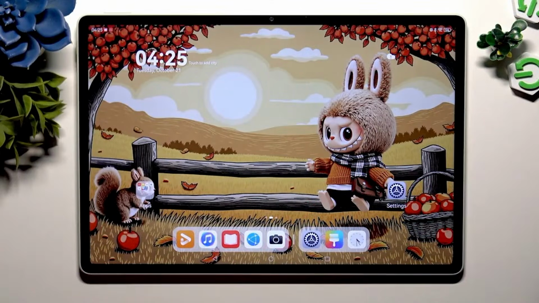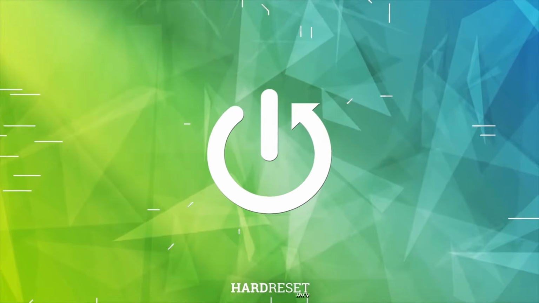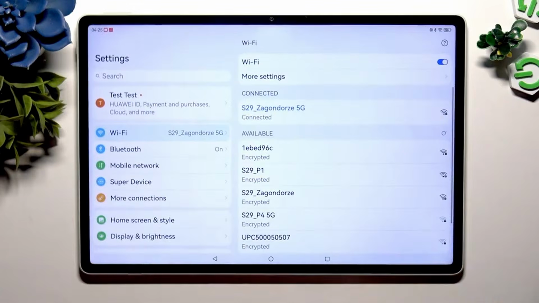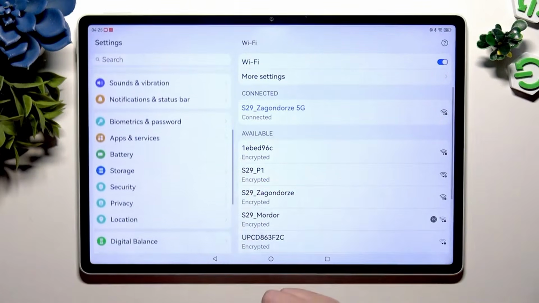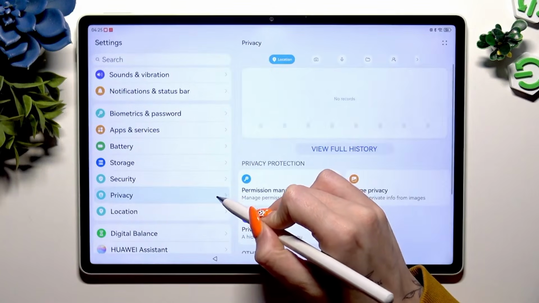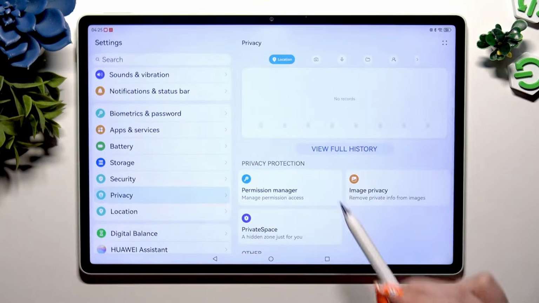In front of me is Huawei MatePad 12X, and today I would like to show you how you can manage app permissions. First of all, go into Settings and scroll down to click on Privacy section over here. Now select Permission Manager